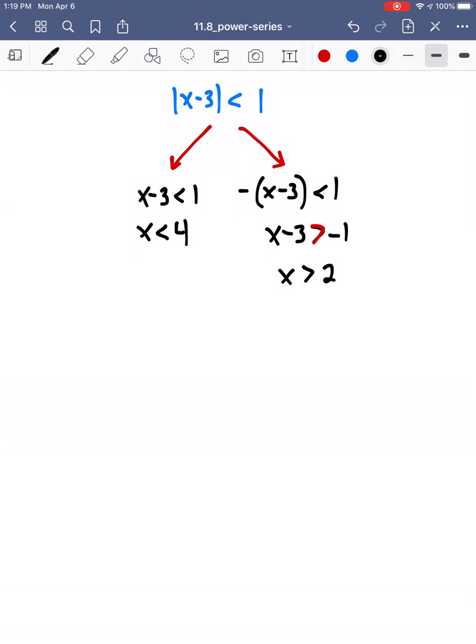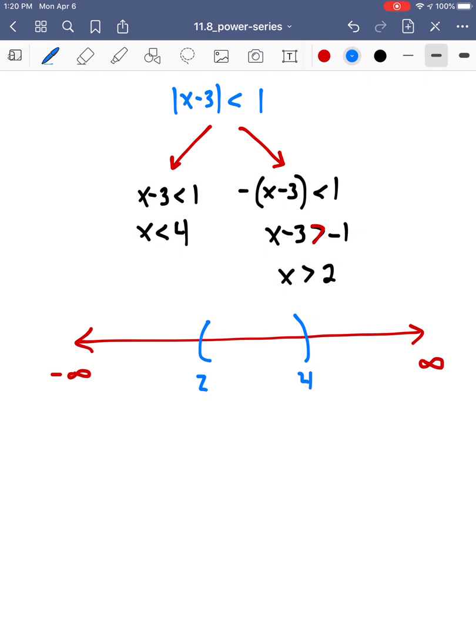So again, what this domain looked like for us originally, we could try any x value from minus infinity all the way to infinity. And what we're finding now is, well, it looks like x values when x is greater than 2 and less than 4, these x values seem to work